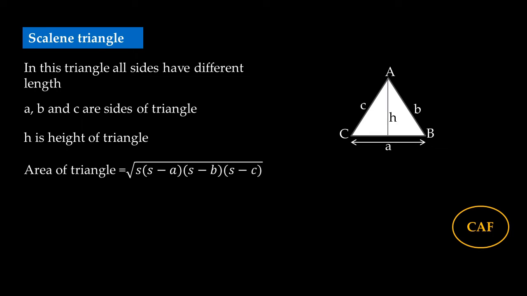The area of the triangle is equal to the square root of s into (s minus a) into (s minus b) into (s minus c), where s is equal to (a plus b plus c) divided by 2, and the perimeter of a triangle is equal to a plus b plus c, simply adding all the side lengths. Okay,